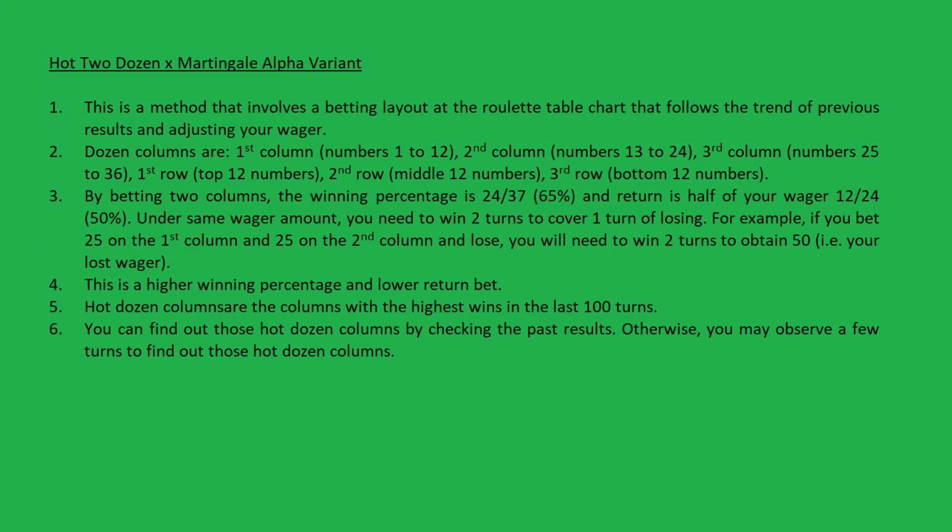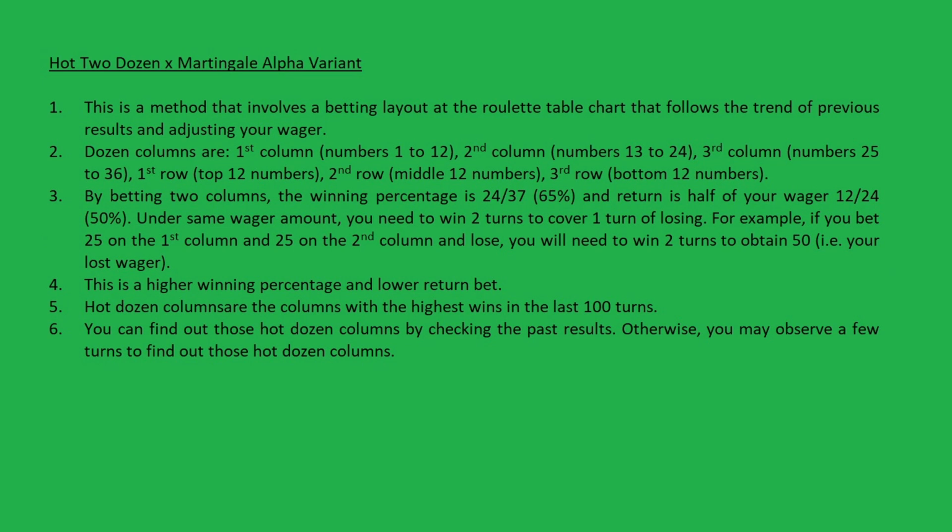Hot 2 dozen X Martingale Alpha Variant. 1. This is a method that involves a betting layout at the roulette table chart that follows the trend of previous results and adjusting your wager. 2. Dozen columns are: first column, numbers 1 to 12, second column, numbers 13 to 24, third column, numbers 25